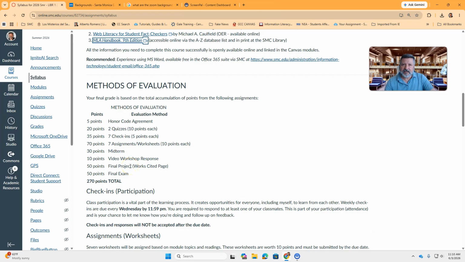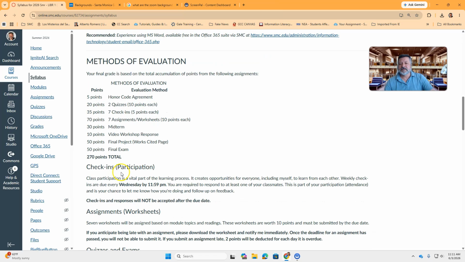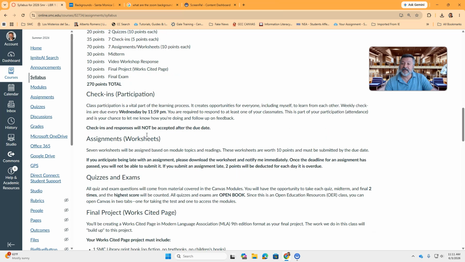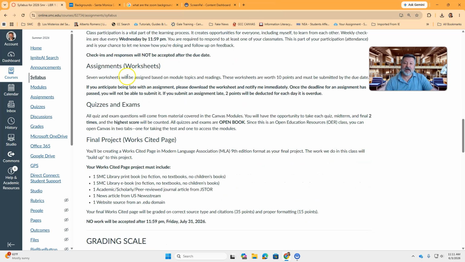And the final project, which is actually an accumulation of different works cited that you will be completing for these worksheets. So all you have to do is basically just create a works cited page, and that's it. That's going to be an easy 50 points. You're going to make sure that those citations are correct and fixed. And the final exam worth 50 points. That's going to be due on the last day of the class, but I do open it up generally on a Wednesday. So participation, that also I will give you some points for participating,